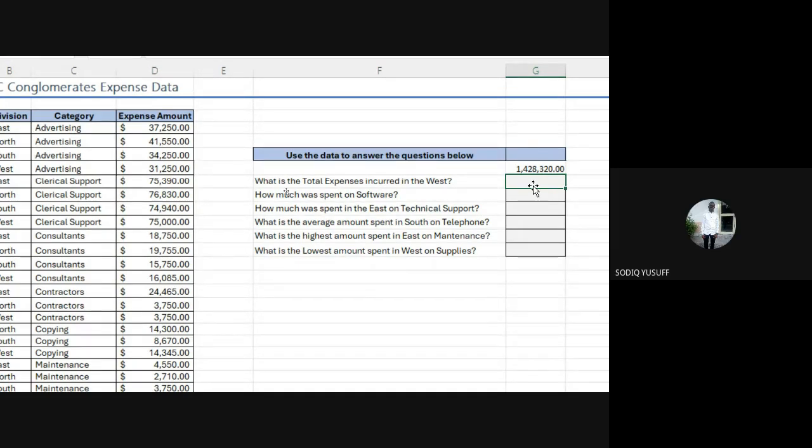I want you to just explain to me how you think we can achieve this. I'm explaining how we are going to get our answer. I said we are going to use equals COUNTIF. You're still explaining the function. You're not going to use a function.